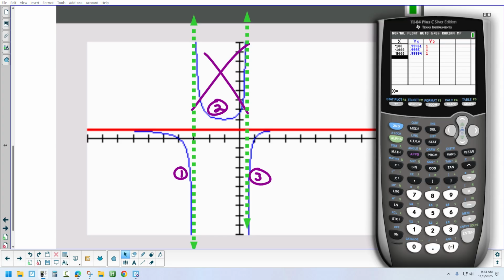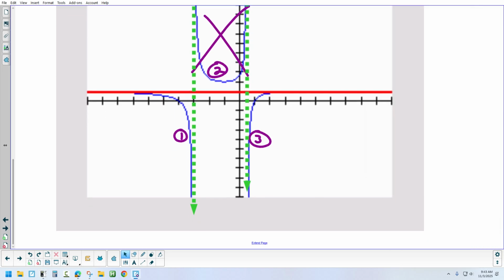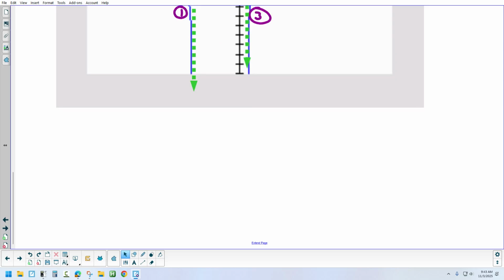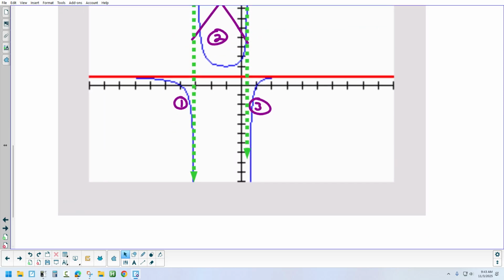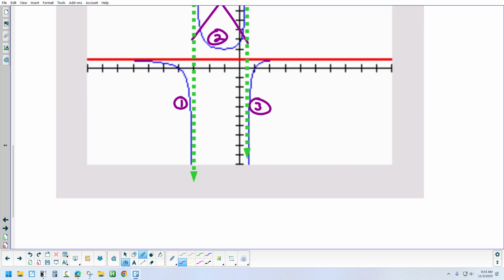So we went all the way to negative 8,000. We still didn't go above the red line. How far to the left do you think I could keep going? Forever. So if I keep going to the left forever, I would reach what? Infinity's to the right. Negative infinity. So that's part of our answer for section 1. Negative infinity